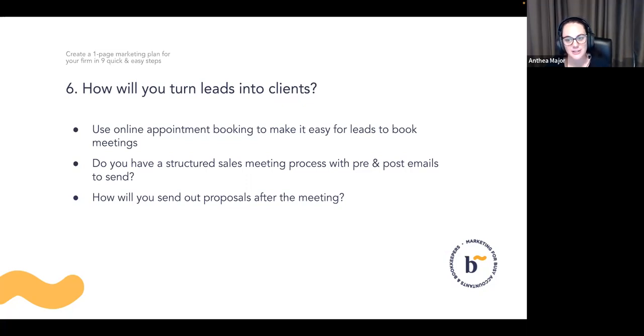It doesn't have to be super salesy or creative or anything. Just make sure it's in there. And at least starting is better than nothing. Same thing, make sure it's on your social posts, your blog posts, even at networking events. You might have something up on your phone if people want to book right there and then. So it's just about making it easy for people.